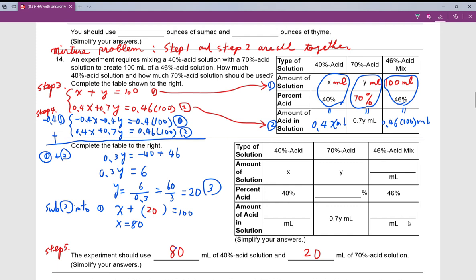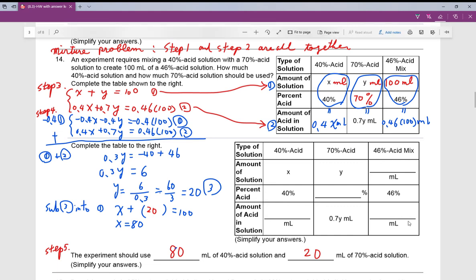Okay, we can directly, because under 40% acid, you already have, you put the X. So obviously X is the unknown number for 40% acid. So when you make a chart, you don't need to write down step 2 again. Okay, so